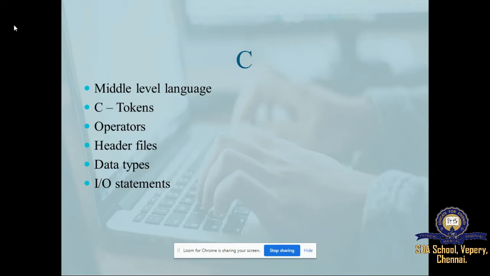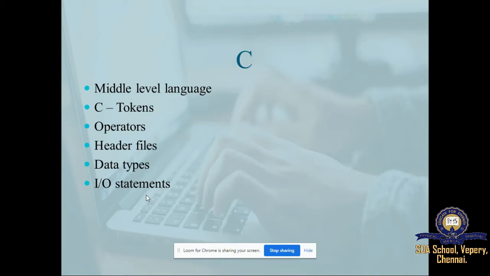And then come the IO statements, that is, input output statements. What statement is used for your input operation, either a string of characters or a single character? getc for a single character, gets for a string. For getting the values, you have scanf, and for printing the value, you have printf. And you have putc and puts also for printing a single character and a string. All these topics you might have studied in your previous year. That is about the basics in C.